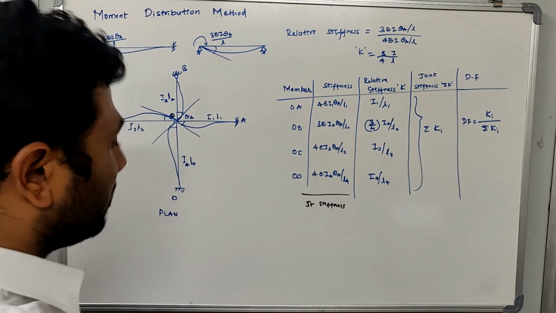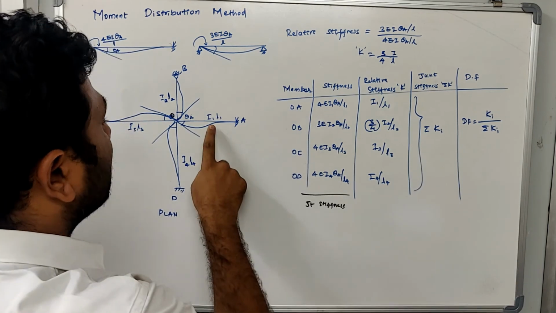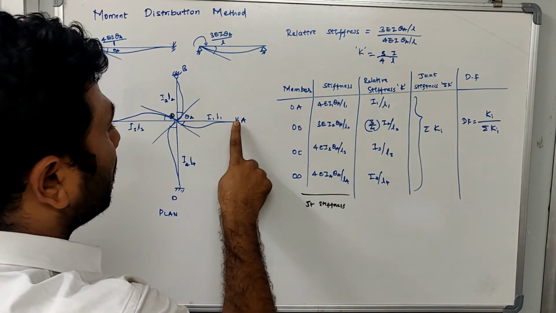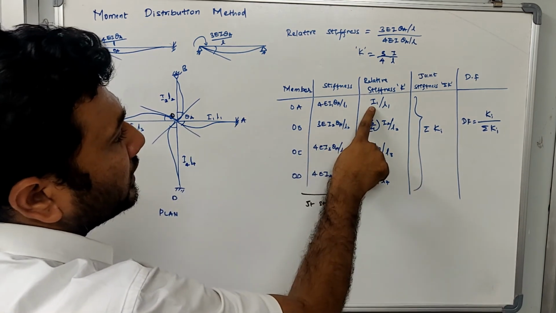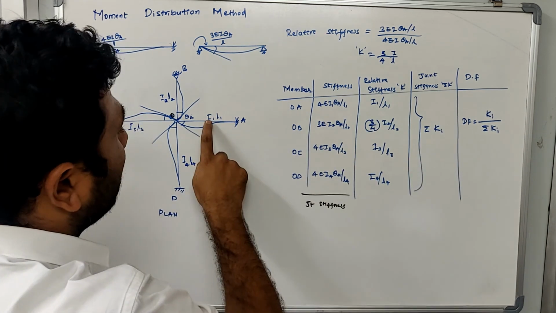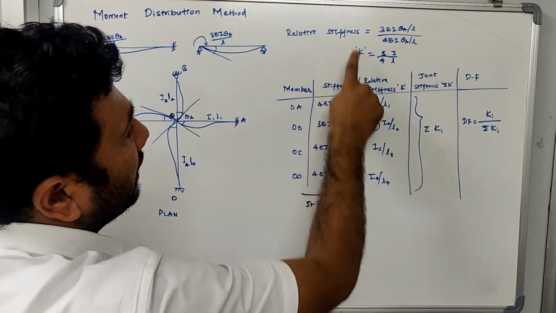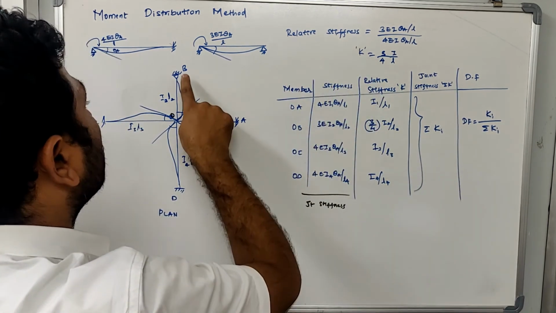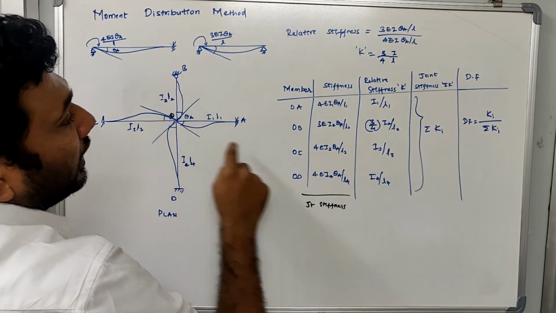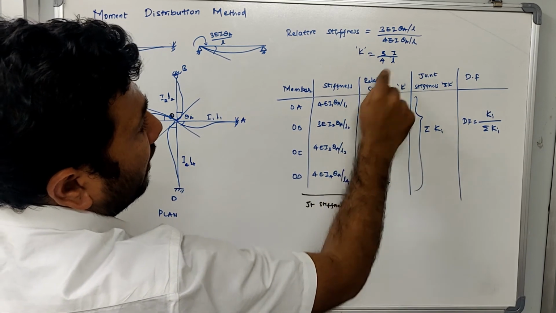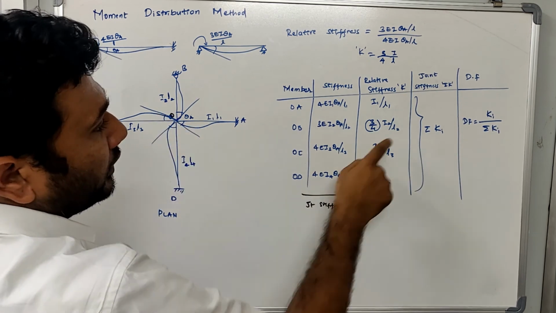Okay, now there is another way we can solve this, by taking the relative stiffness. So see here, as I told you, this is your element which is OA. Now the far end is fixed. In case of far end fixed, we have to take I by L itself. So here I by L is I1 by L1. As I showed you, the relative stiffness will vary when the far end is pinned. The far end is pinned in case of OB element. So that's why I have to take the relative stiffness as 3 by 4 I by L. So 3 by 4, I here is I2 and L here is L2. You need to substitute the same thing.